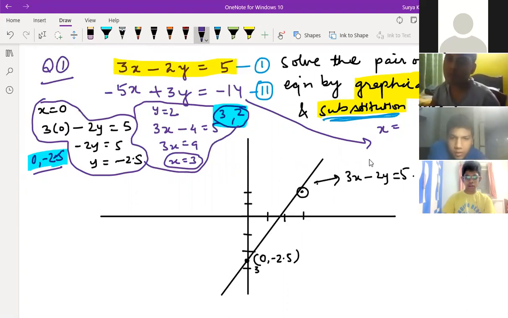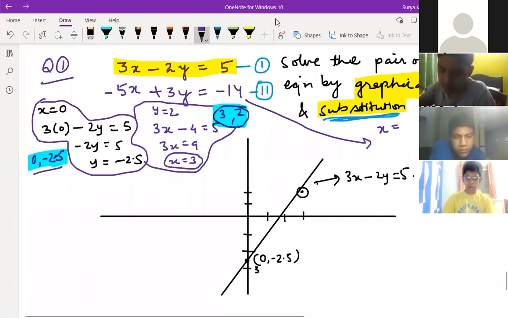Could you repeat? I'm saying, what value of x are you going to put in the second equation so that you will get a proper y value? Okay, sir. Wait a minute. One minute, sir. I have given a bit of a complicated question, not direct. You can think over it.